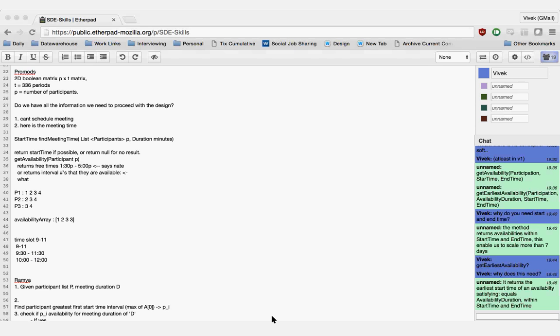Let us say it is available. Then you check the second one. Let us say it is available. You go to the third one, it's also available. Now you check the fourth one. If it is not available, then you can actually start your search again from the fifth one.